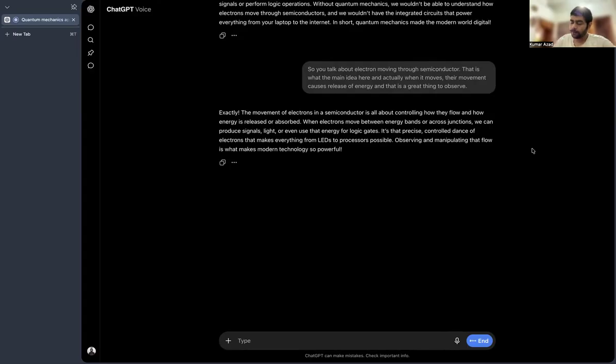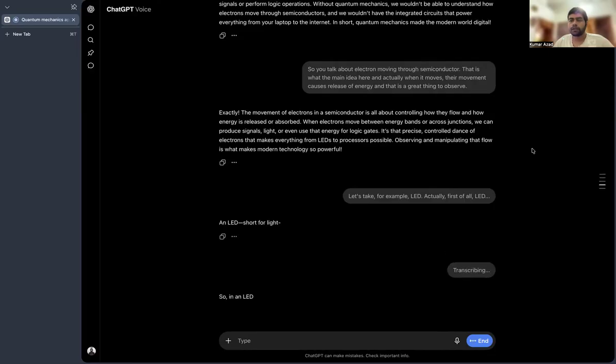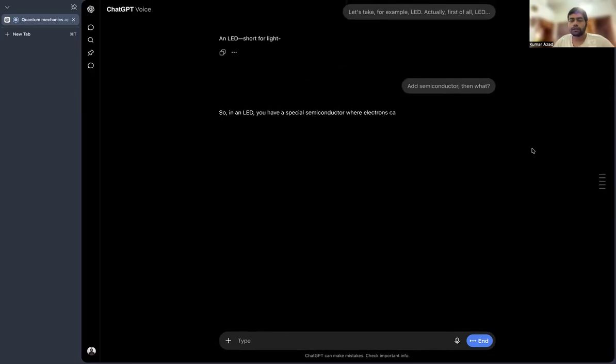So let's take for example LED. Actually, first of all, LED is a semiconductor. Then what? So in an LED, you have a special semiconductor where electrons can drop from a higher energy